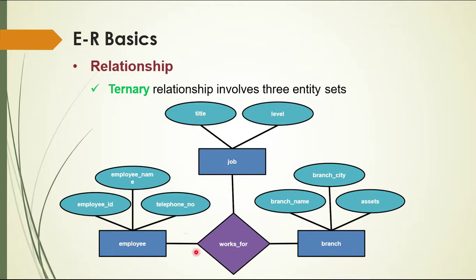So we can see this employee works for branch. For example, branch means computer department. So we faculties are employees and we are working for the computer department. So we can say that employee works for branch. Now job. So employee works for job. One employee can do multiple jobs. For example, job means work. They are taking lectures, they are taking exams. These all are parts of jobs. So employee works for job. Clear? So here we have three entities, employee, job and branch, and one relationship, works for. So this type of relationship is known as a ternary relationship.